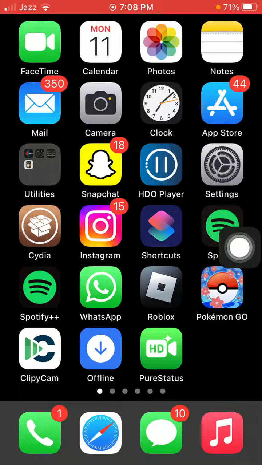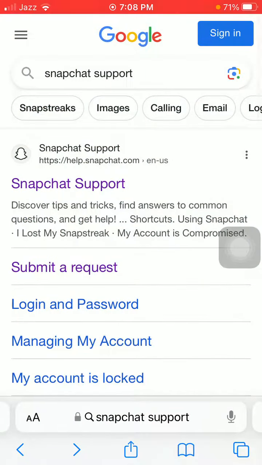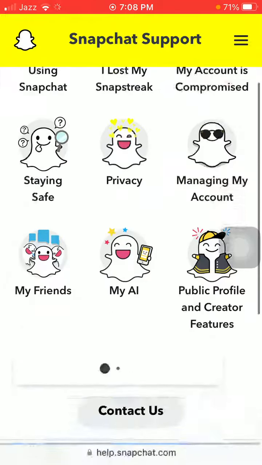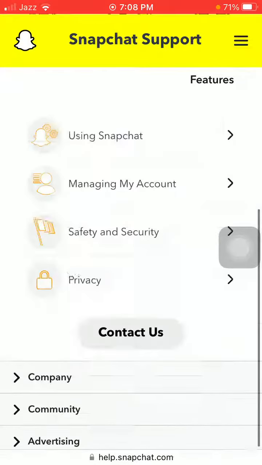First of all, go to the App Store and update your Snapchat, if the update is available. After that, launch any browser that you are using and search for Snapchat Support. Use the first link. After loading the page, you will get this interface of the website. We have to scroll and tap